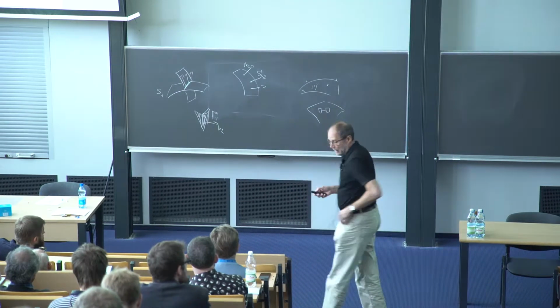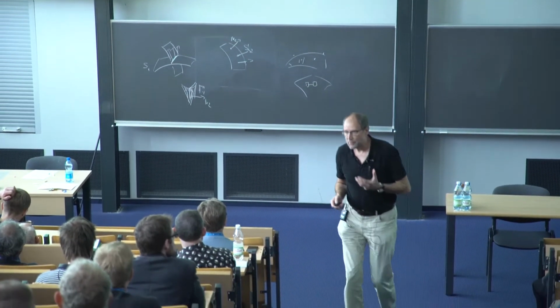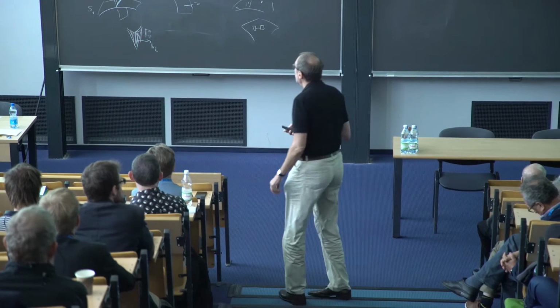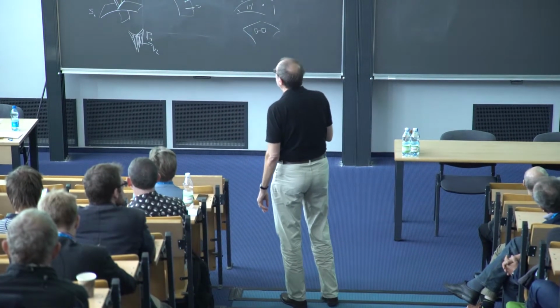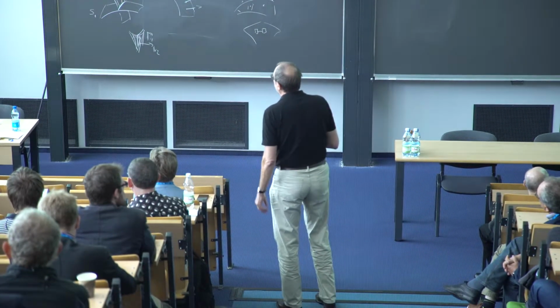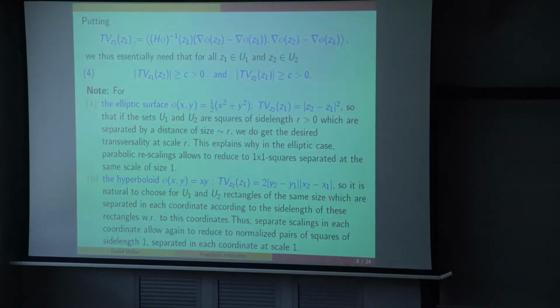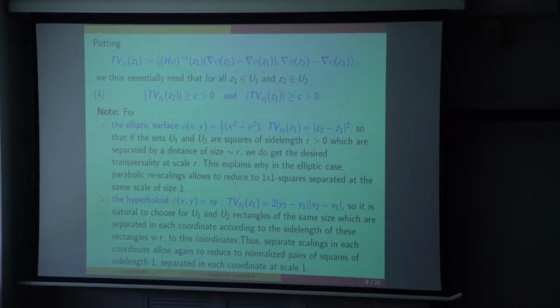Now what happens if we have really the hyperboloid, the graph of x times y? So this is the second case here. In that case, you see that this transversality function factors into two factors, y2 minus y1 and x2 minus x1. So you see, in order to have transversality, your 2 points should be separate in both coordinates. And so that's why